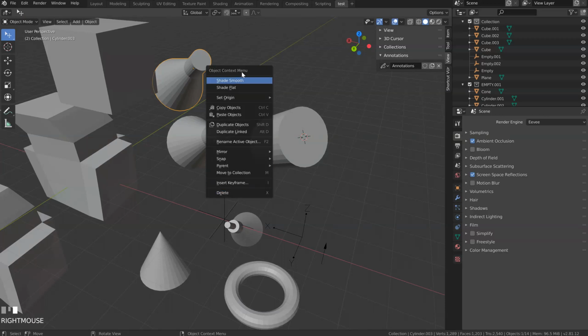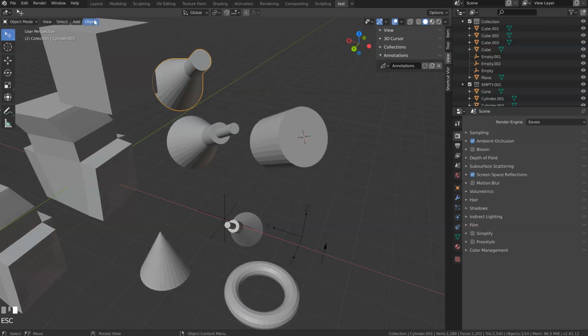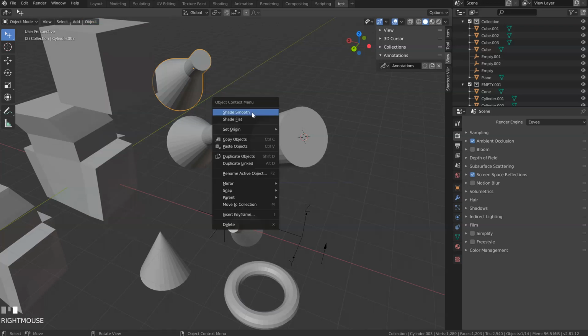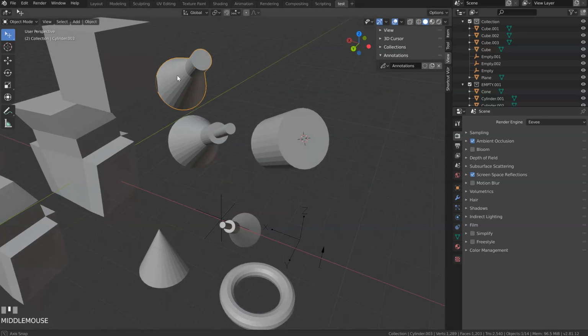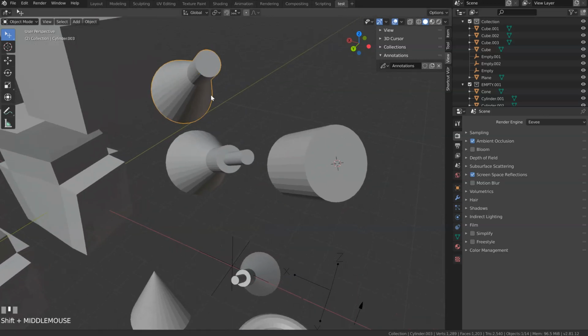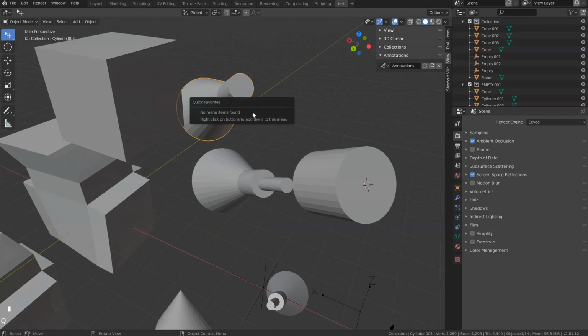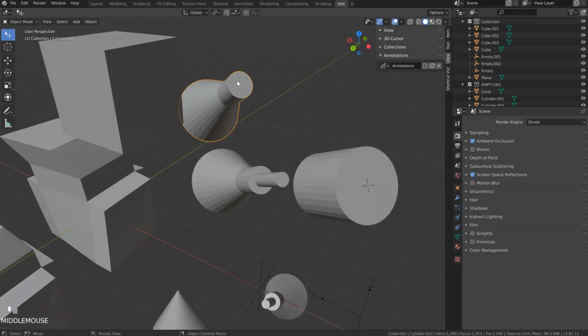So this is the object context menu, with some settings here. Some you will have here. Not everything, but some. Okay? So, as you can see, this is context sensitive, this is pretty useful. You can also use the quick favorite, and I will show you this later. This one will allow you to add object, tool, operator, we call them, directly in a special menu you will call all the time. So this is pretty useful.